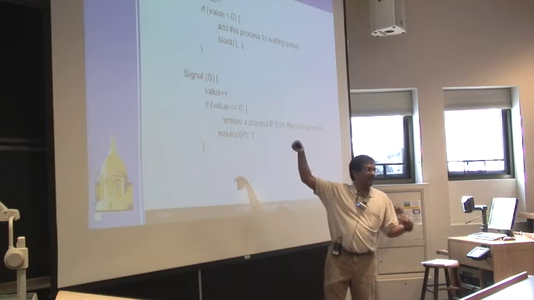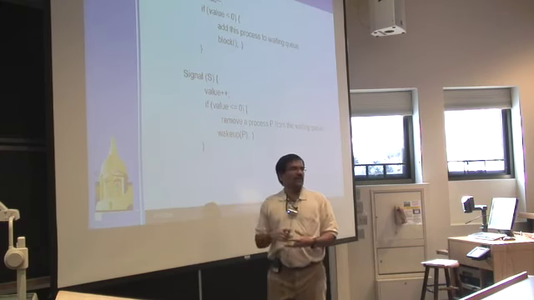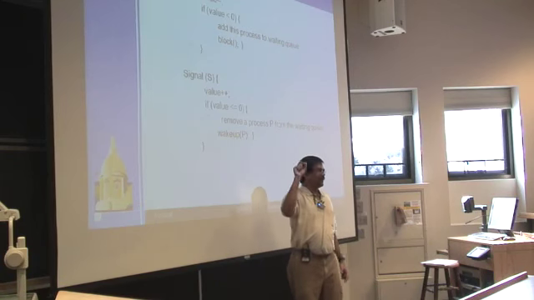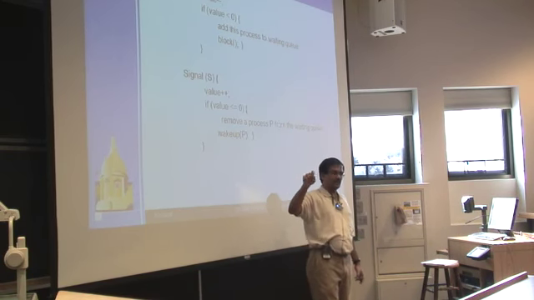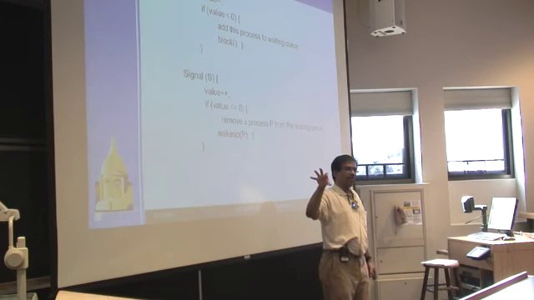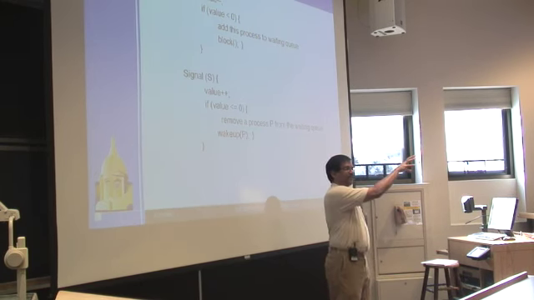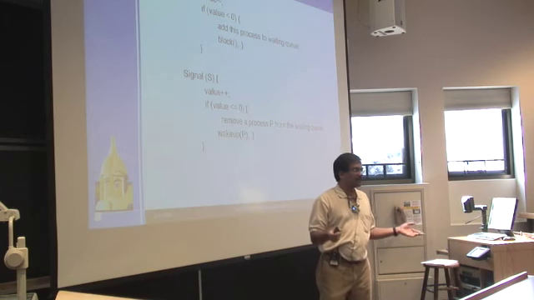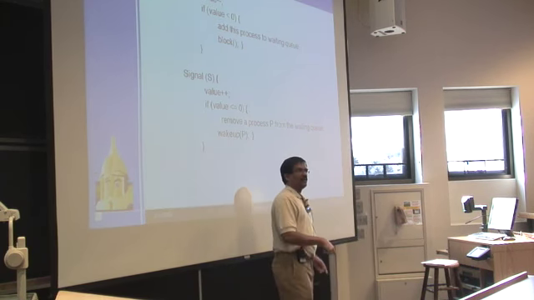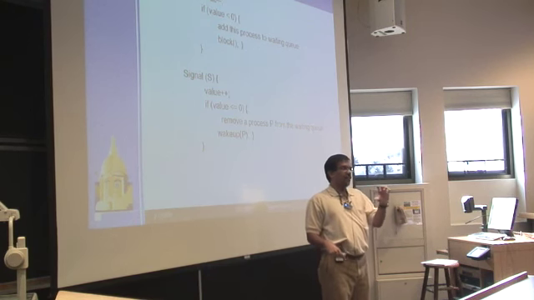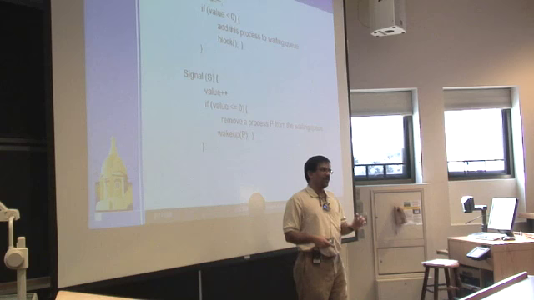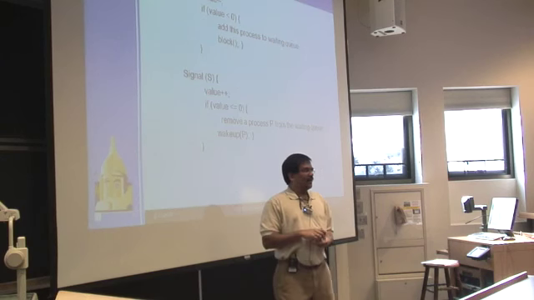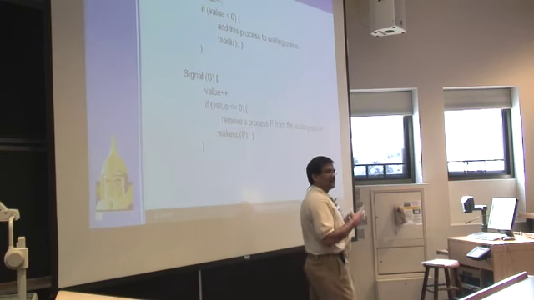Because when you call a block, that means you are put in the wait queue, right? So when somebody calls a wake up, you don't immediately become runnable. Any thread which is blocked moves from the wait queue to the ready queue, and then it waits on the process scheduling or thread scheduling. If you're doing first come first serve, then you have to wait for your turn again, right? So it's not only the overhead of context switching, it's also the overhead of having to wait again to get back into the system. And that could potentially be tens of milliseconds, right?